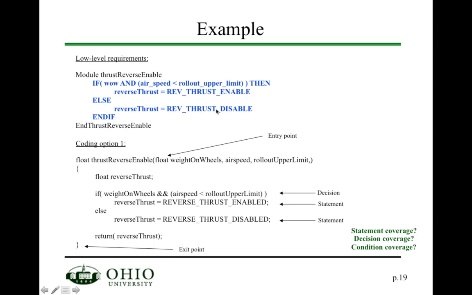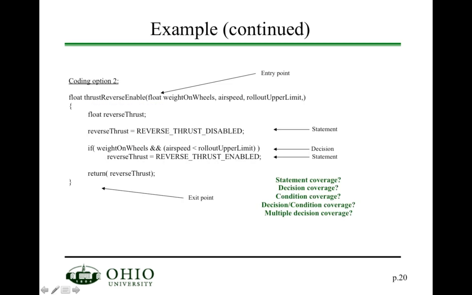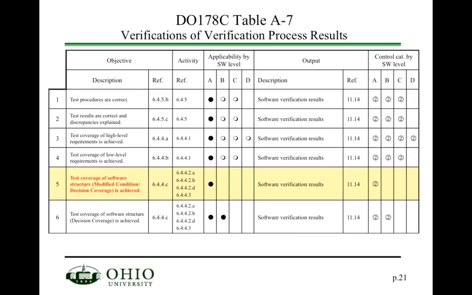This would give me decision coverage. Of course, this wouldn't give me condition coverage. So then I would also have to set this one to false and this one to false. Now one of the things, oops,